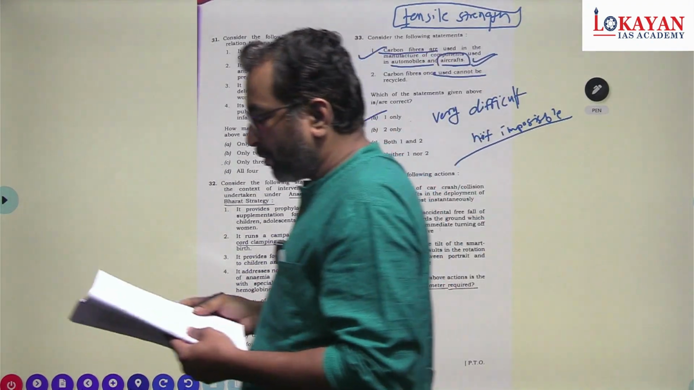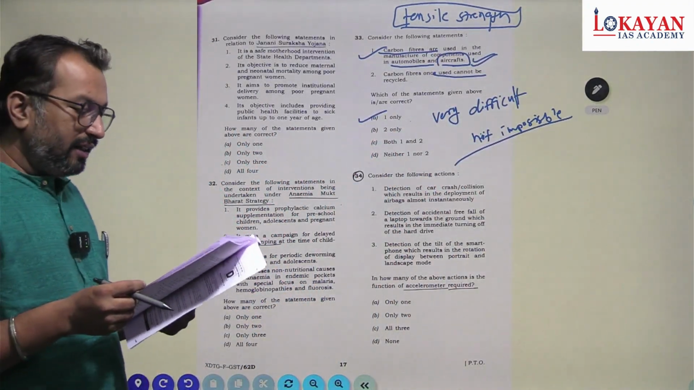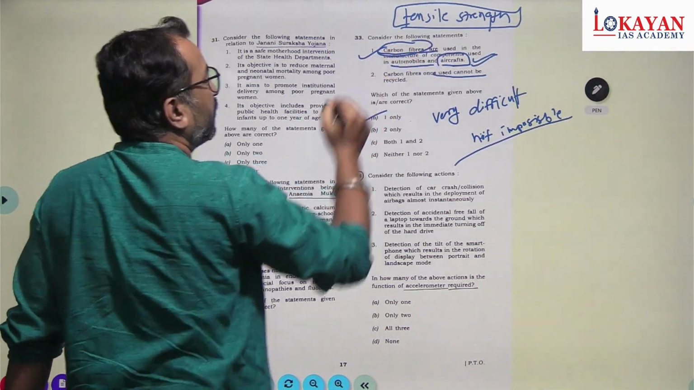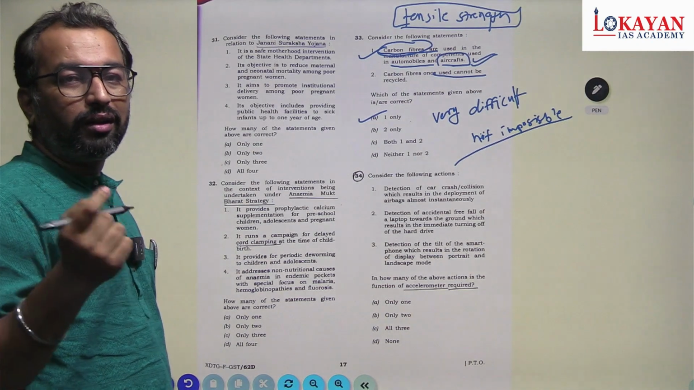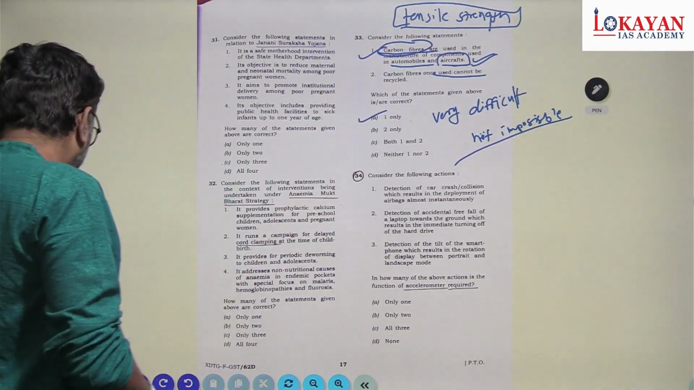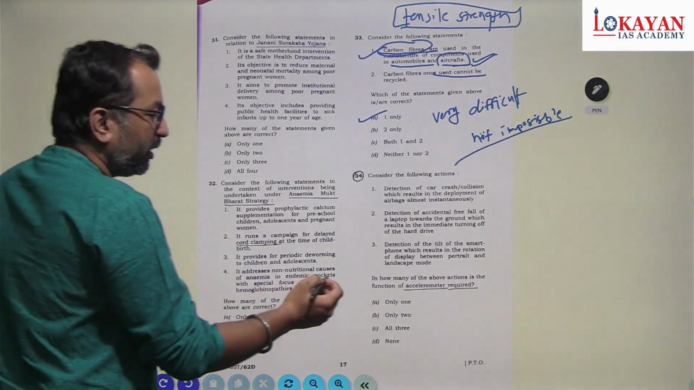So 33, option number A. Now question number 34. See again, all questions consist of some important concept. Question 33 was related to carbon fibers. Previous questions were regarding DNA. Now next question is regarding